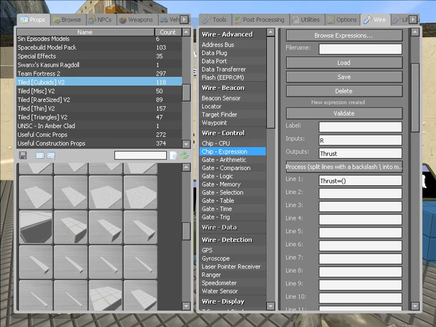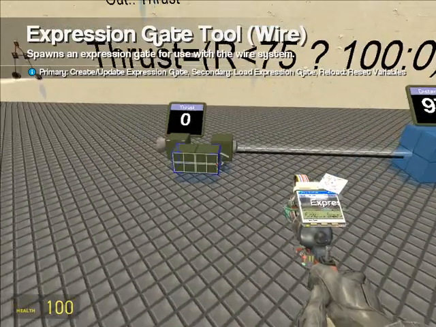parentheses, and I usually do the end part first. Question mark, 100, straight up, no, not semicolon, regular colon, and 0. Now you don't have to make it 0, you can make it negative 100. Make the thruster go backwards when this is not true. So it's R less than 75. We're done. Process doesn't do anything. Validate, it's validated. Let's stick it on the board